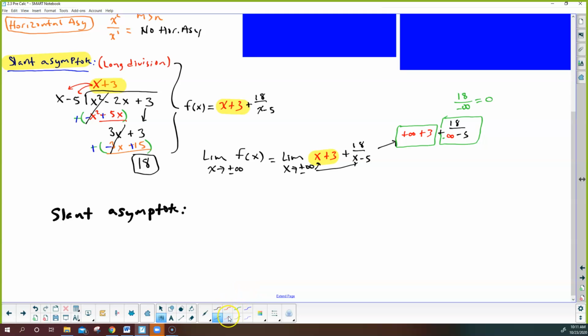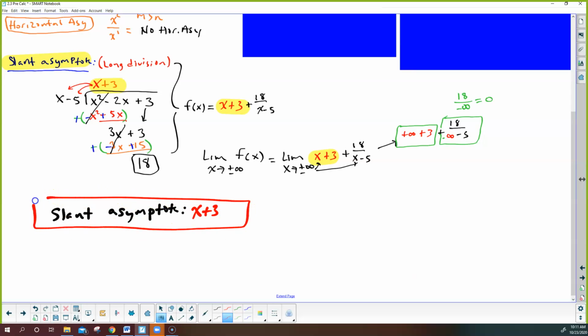Later on, do we go into the remainder as well? No, we are not going to deal with this remainder as any other piece. The only thing the remainder does is it controls the center part of the graph. But if we're dealing with the end behavior, that just deals with the far left and the far right. So that's why we ignore this remainder, and we just say our slant asymptote is the line